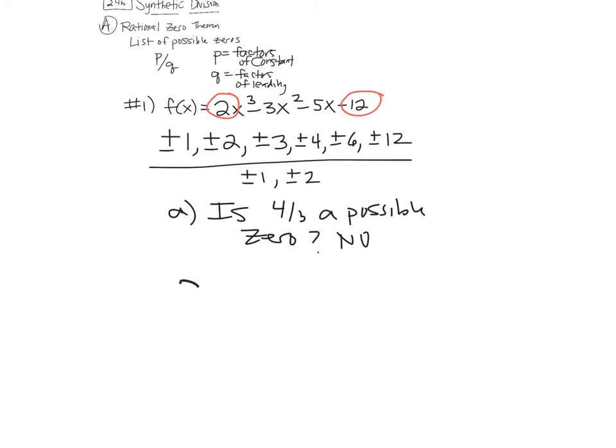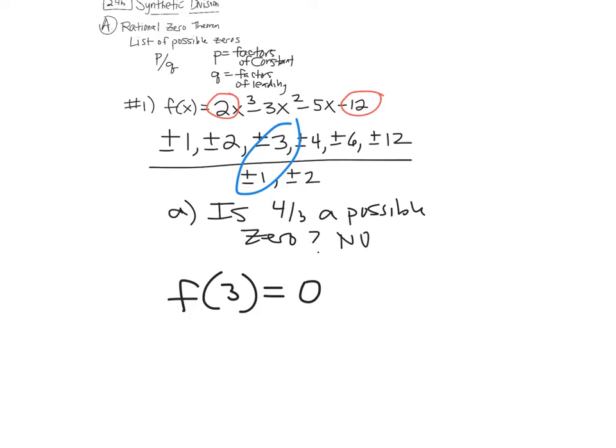Now, here's how you can tell if 3 is a 0 of this. We can go ahead and figure out what f of 3 is. Okay? So you can take 3 and plug it in. You could go to your graph right here, since you have it graphed, hit trace and plug in x equals 3, and look what y is. It's 0. Or if you didn't have your calculator, you could plug 3 in, and f of 3 will equal 0. And that's the only rational 0 that worked out of this whole list of them. But it is in the list. It's right here, 3 over 1. Okay,